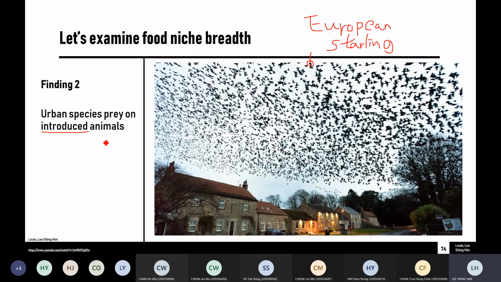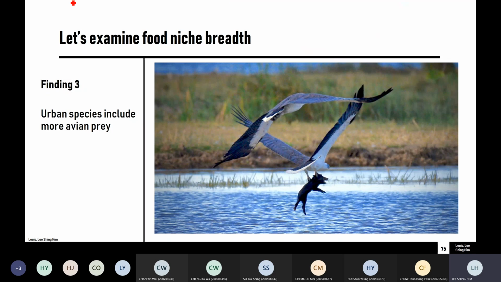So this is another example of how urban raptors hunt introduced animals. By the way, this starling has a nickname. It is called 鷯哥。知咩係鷯哥啊？有冇人養過鷯哥啊？識講嘢嗰啲啊，即係你剪咗佢條脷就識講嘢嗰啲啊。